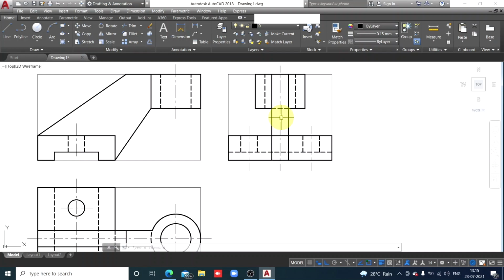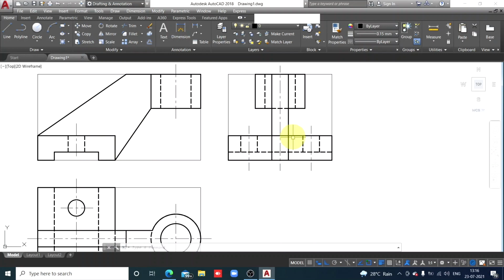Here also two visible edges are intersecting, that is a mistake. So actually, listen. The visible portion of the plate is up to the top of the base plate. This portion up to the top of the base plate is visible, but the remaining portion of the plate is hidden behind this base plate. So this vertical plate is also present behind the base plate. If you check from the left side, this base plate is closer to the observer and this vertical plate is behind the base plate.